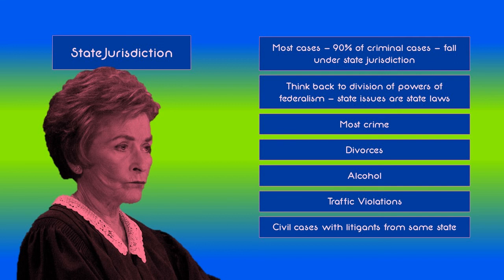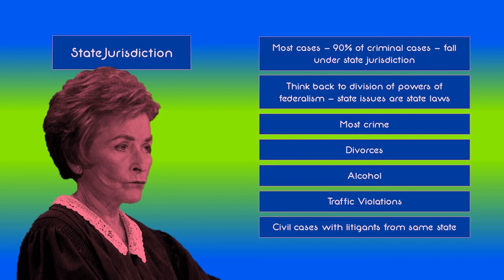And we know the Constitution very well. There's not a whole lot in there. So everything that gets left up to the states is covered by state courts. So think back to when we were dividing the powers under federalism. Things that would be left up to state courts: most crime, because health and safety stuff was that way. Alcohol laws, so like a violation of some type of alcohol purchasing or something like that, you end up in state court. Traffic violations,